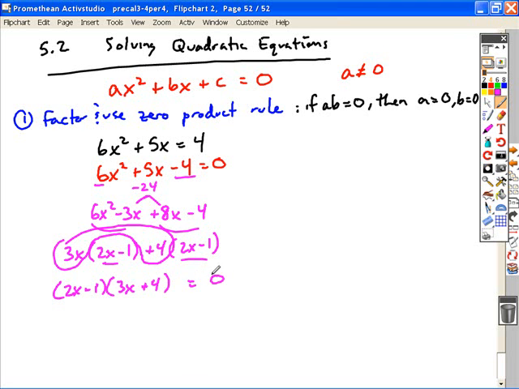And so here we've solved this by factoring, using all the rules that we went through in the chapters in which we factor. And now we can use the zero product rule, which says set each of these factors equal to 0